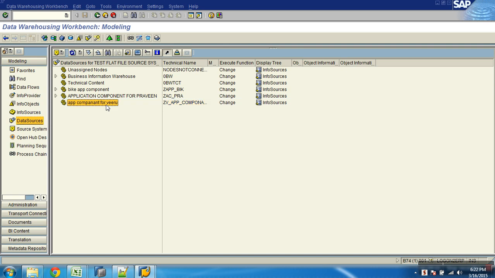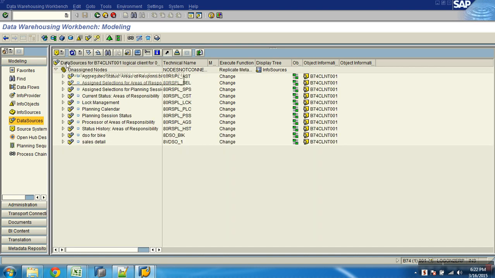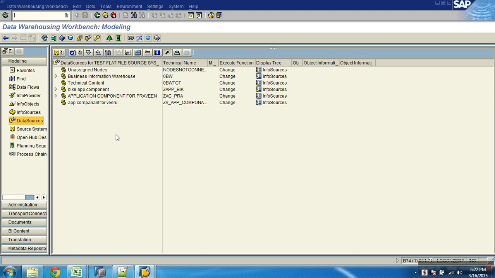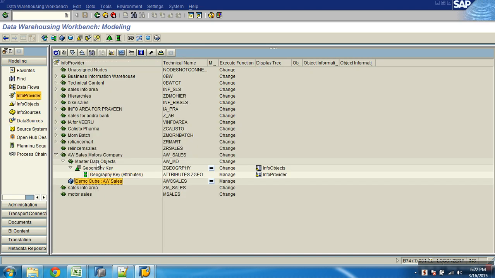Now here you can create a data source. Right click and say create data source. But whenever you create a data source, you should make sure for which source system you are creating it. So you go to the drop down here and choose first which connection. If it is something else, some other system, look at this different system. So I'll choose my system as Test. Okay, fine.